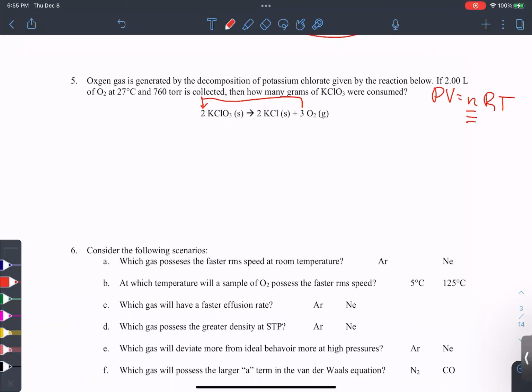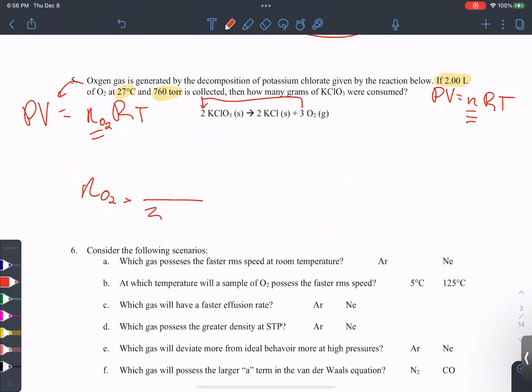So using the information given here, I give you the volume of oxygen, its temperature, its pressure. With that information, I should be able to get moles of our oxygen gas using PV equals nRT. But then once you get moles of oxygen, you can use stoichiometry just like we did in chapter 3. So you would put 3 moles of oxygen on the bottom, 2 moles of the reactant that we want on top,